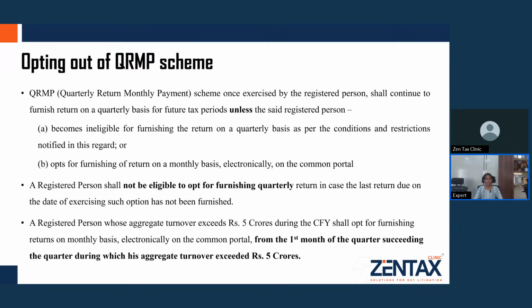on a quarterly basis for future tax periods, unless the said registered person is disqualified from opting for the QRMP scheme. That is, if his annual aggregate turnover exceeds ₹5 crores during the current financial year or during that quarter, he will be disqualified, and he will not be eligible to file his returns on a quarterly basis. He has to opt for monthly return filing. And where the registered person voluntarily opts for monthly return filing also,